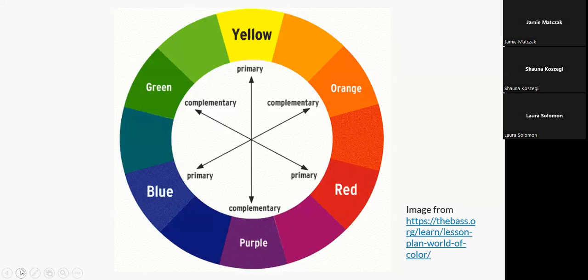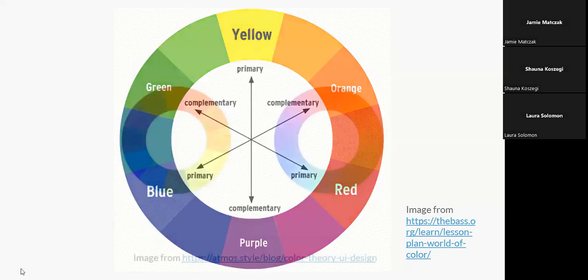But if you've ever wondered, like, Christmas is red and green, is that a good combination? Why, yes, it is. Red and green are complementary colors. And they're both actually, well, red is a primary here, green, not so much. But nonetheless, moving on, you've probably seen something like this.